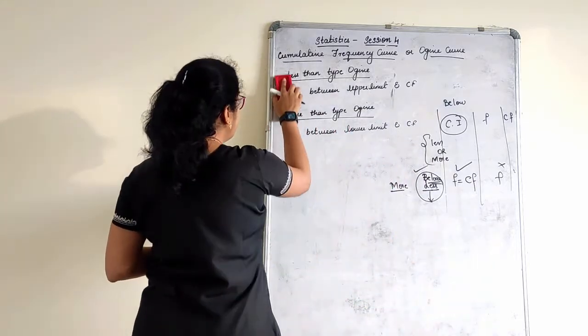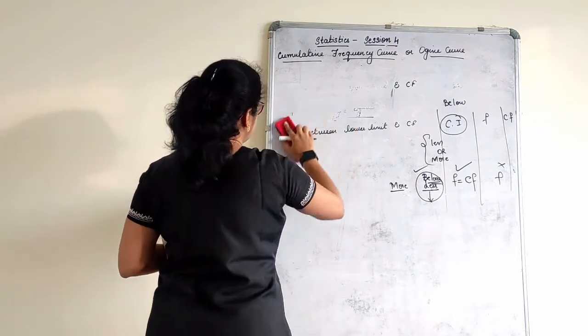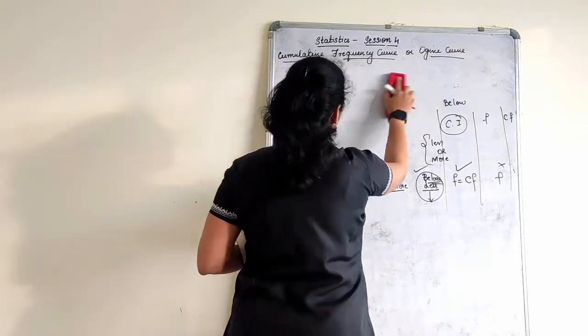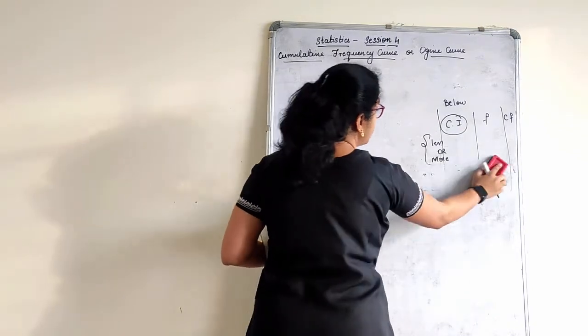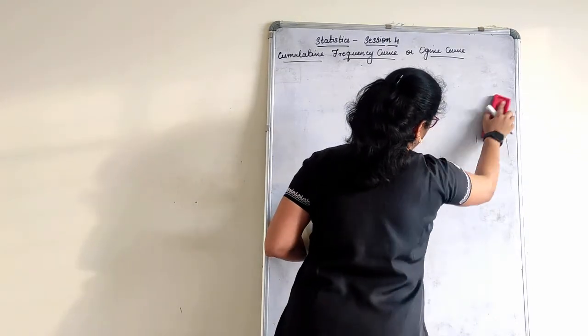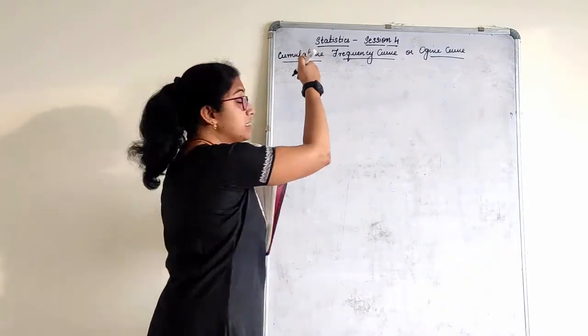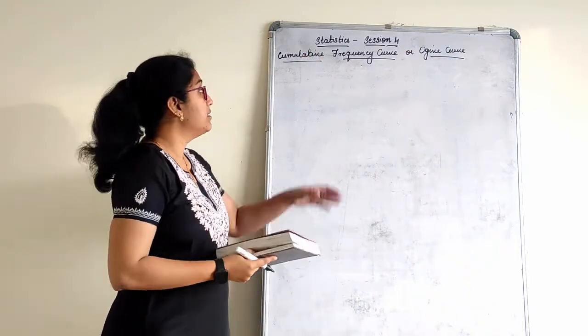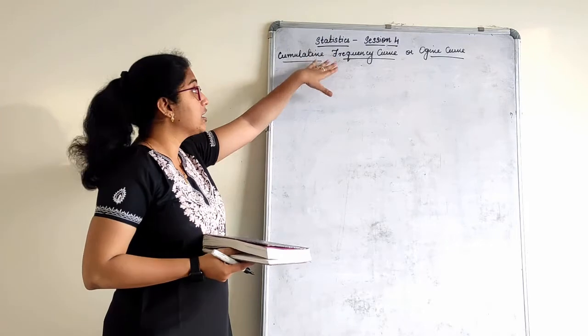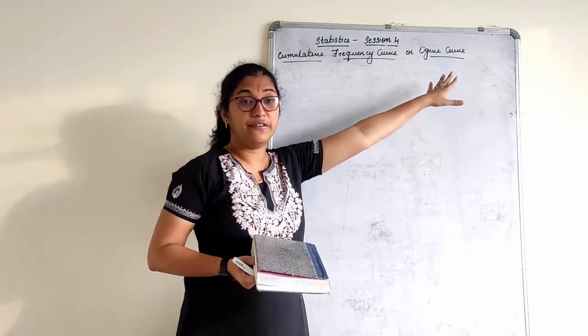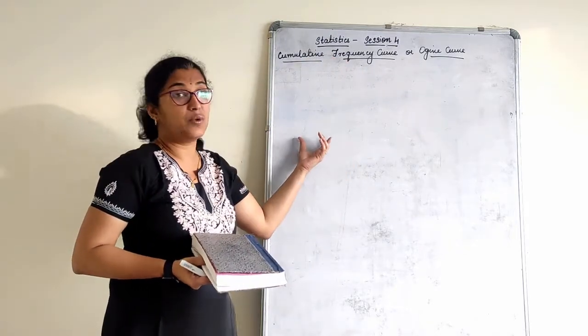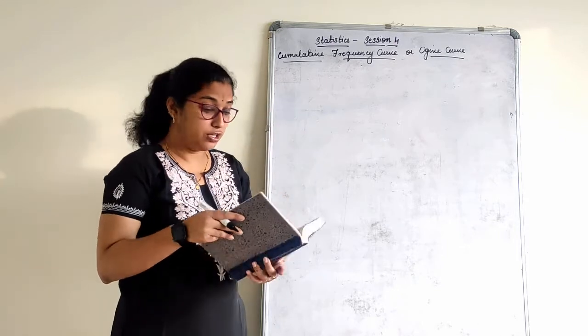Only 3 sums are given in this. A very simple exercise, yet very important. A definite question which is asked every year. I want you all to do this in your graph book. Right from what I have written on the board, give the heading as cumulative frequency curve or ogive curve. Just write the 2 things I have written and start in your graph book.